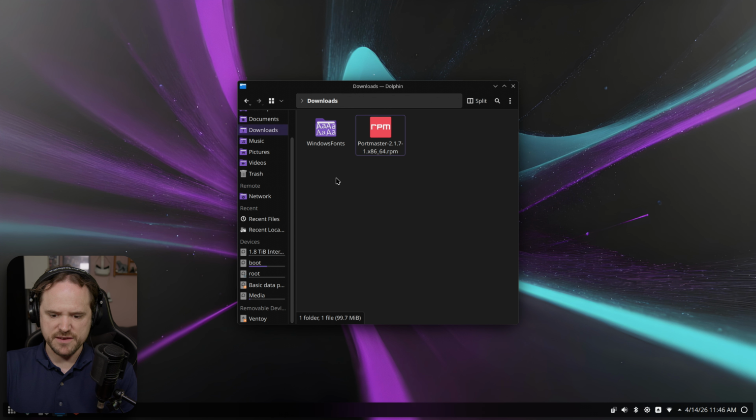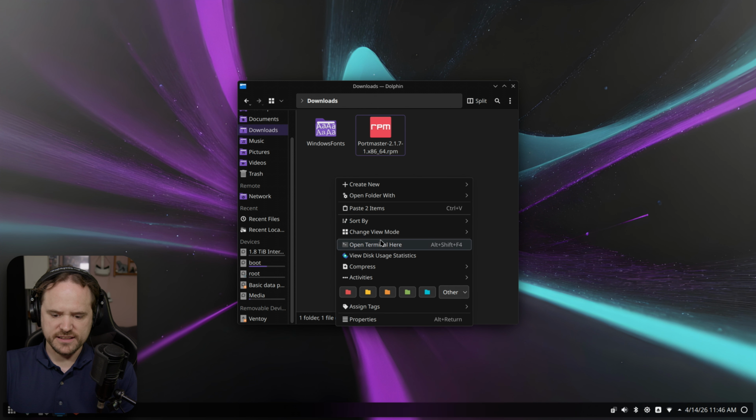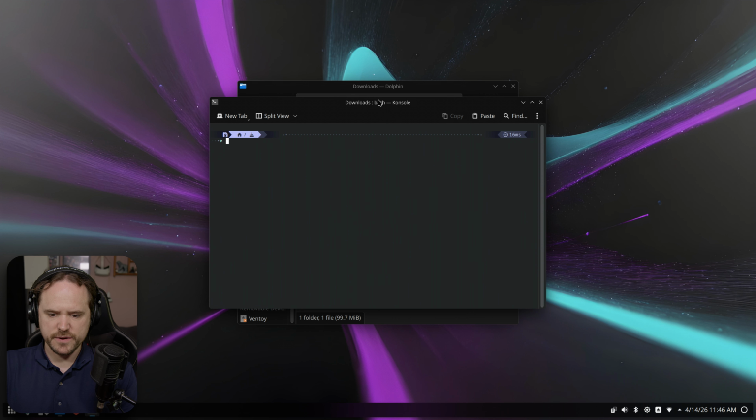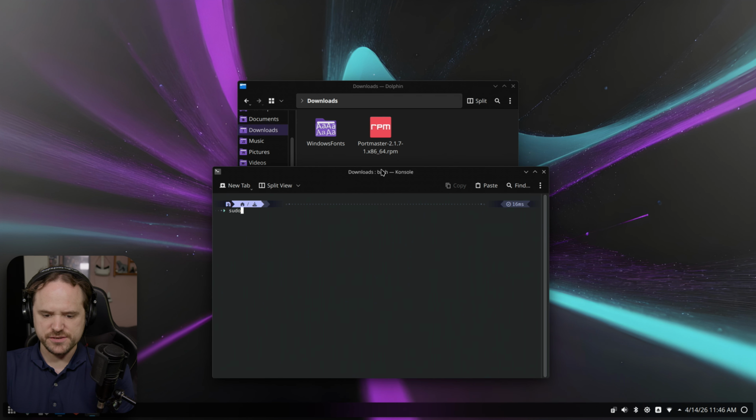So inside where you have your fonts, just right click, go to open terminal here, and we're going to type in sudo cp, which is copy, -r, which is recursive to copy everything in there, Windows fonts, and we're going to be copying it to /usr/